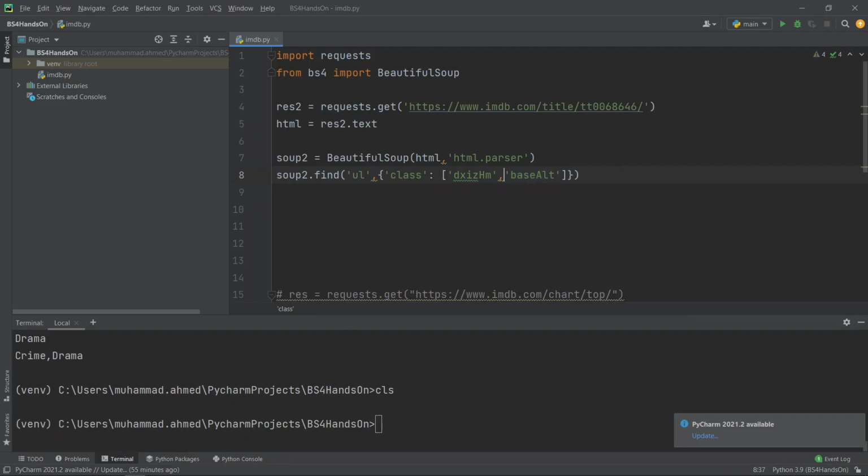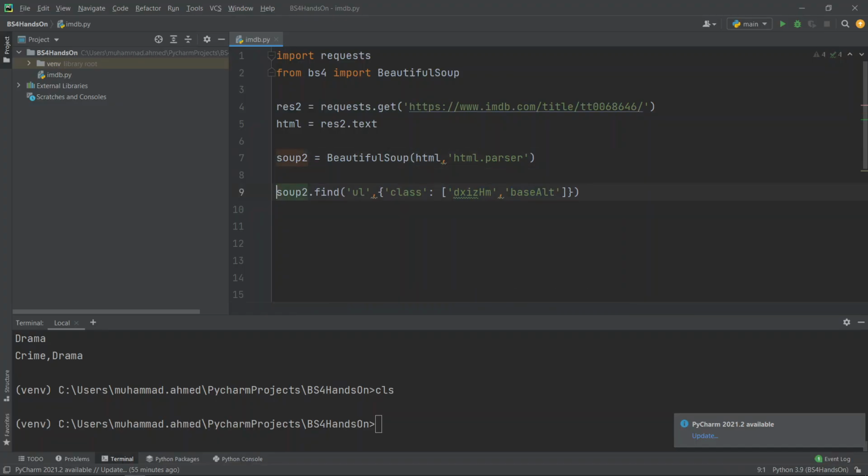Now what it will do, although we are sufficient with only using this class, but still I want to use both of them. It will consider the first occurrence of the UL tag for which the class contains this element and this element. Let's just save it inside the info UL, and if we just give it a go,